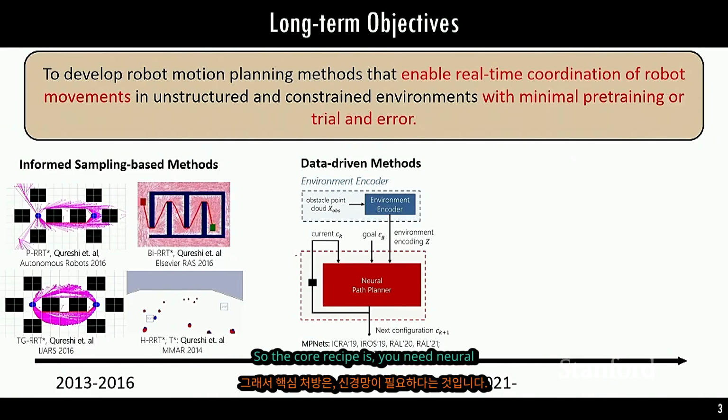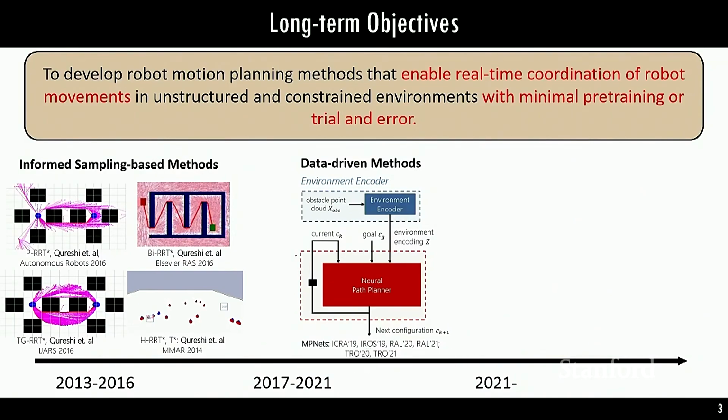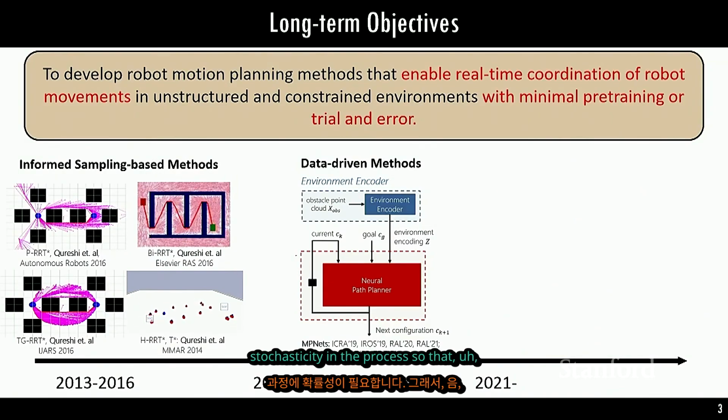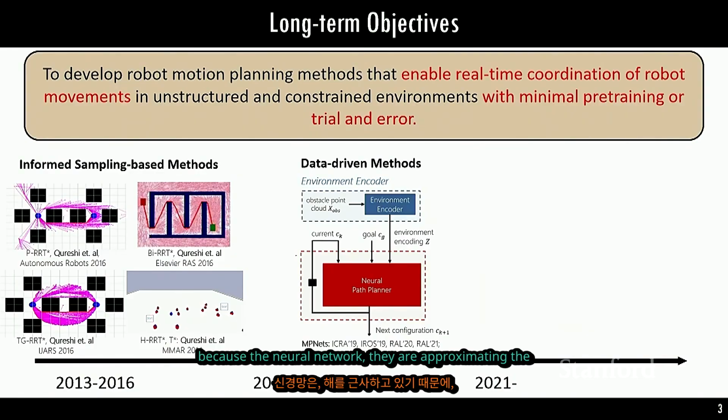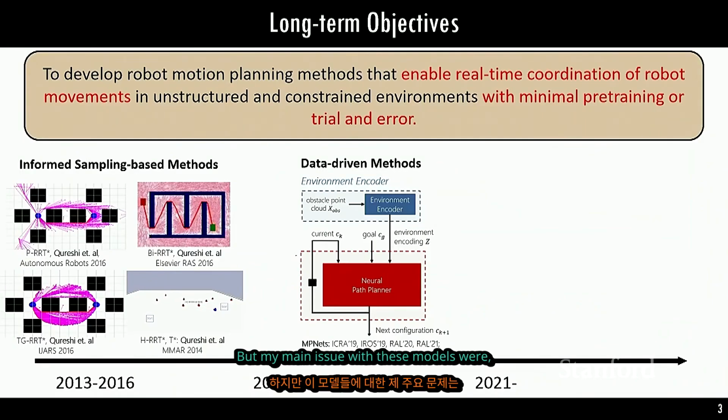So the core recipe is you need a neural network, and you also need some sort of stochasticity in the process, because these neural networks are approximating the solution, they can get stuck in local minima. With this denoising process, or by starting with multiple seeds, you basically help these neural networks come out of those local minima. But my main issue with these models was